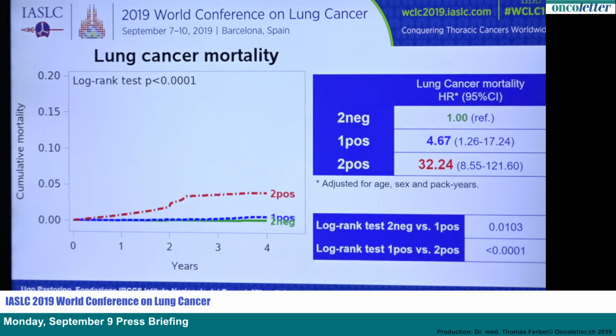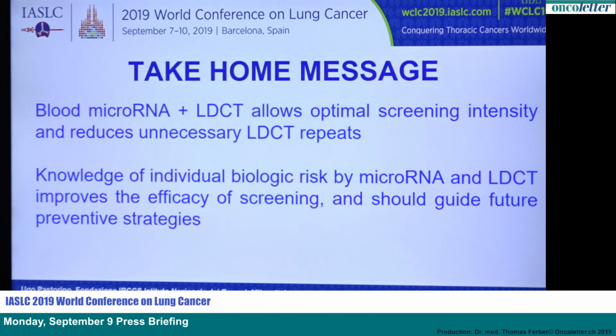The mortality rates follow exactly the same feature, although they are, of course, much smaller, but the hazard ratio is 4.6 for single positive and 32 for the double positive. Of interest, incidence and mortality in the double negative at 4 years is very low, almost flat. So the take-home message is that blood microRNA and LDCT together can improve the screening, reducing the unnecessary